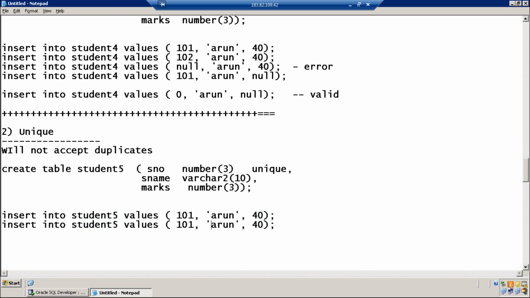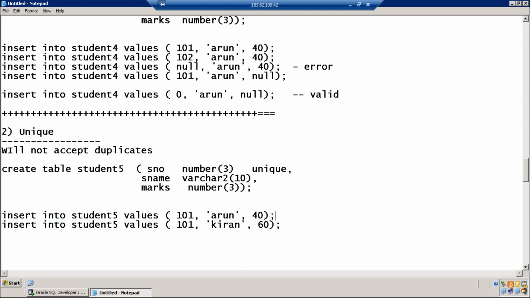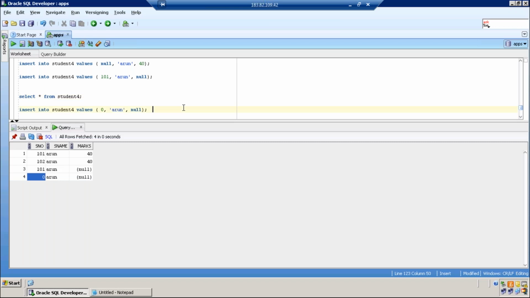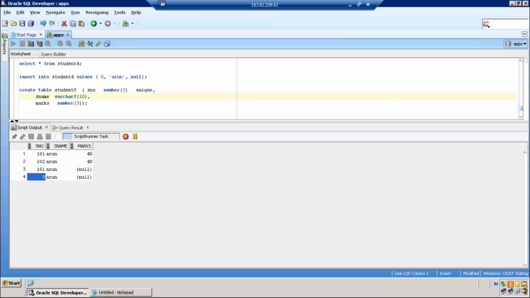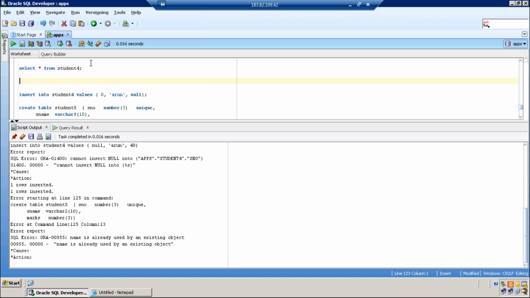Second insert command, is it valid? It is not valid. It will fail. Oh, student 5 is already there. Let's remove.